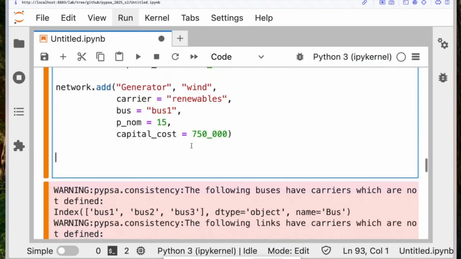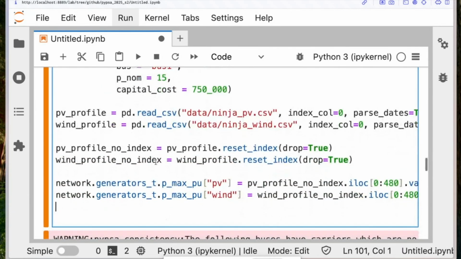In the last course, I provided a PV and wind profile data set, which is basically the capacity factor. And we can call it PV profile equals PV. I think I have this code from last week. Yes, I found it, because I don't want to write this long part again. This is from last week. We import PV profile